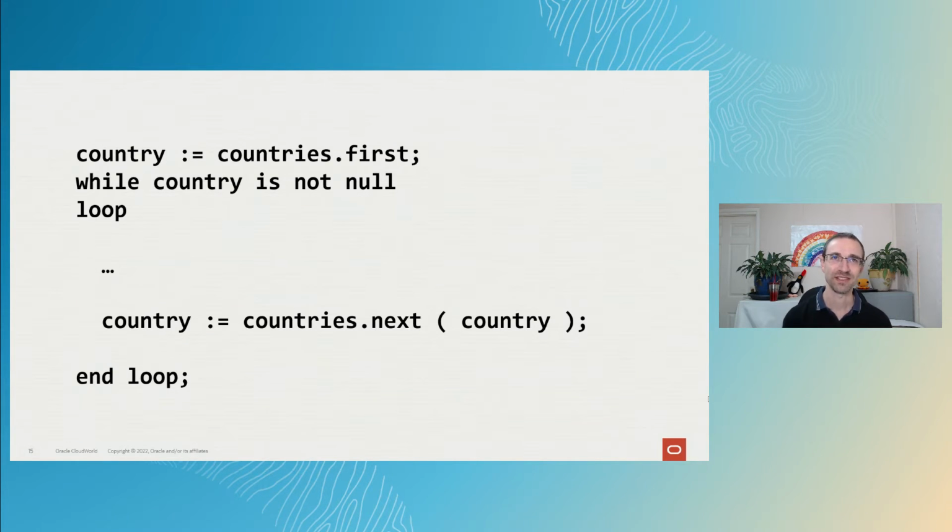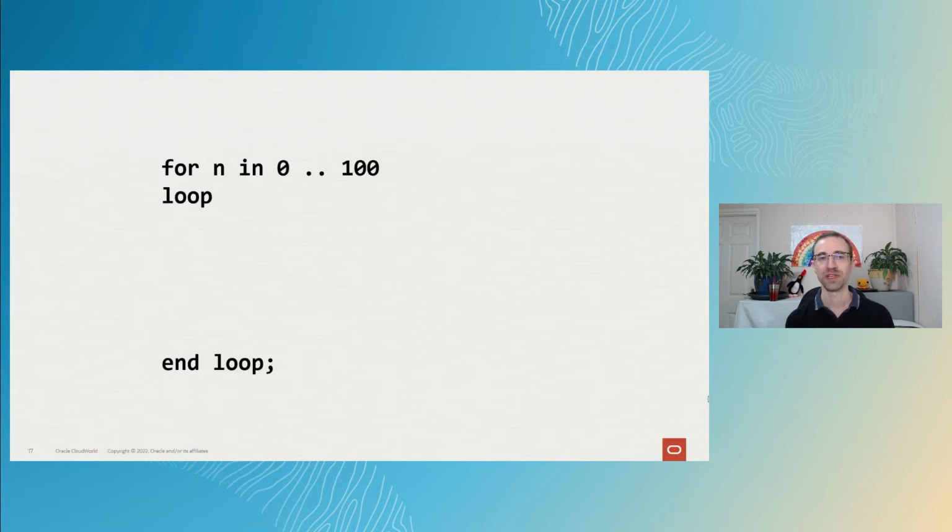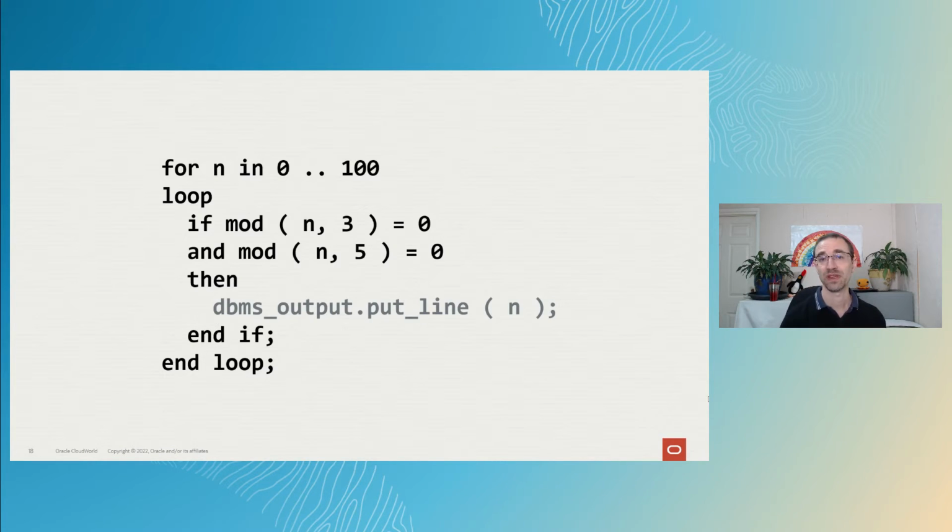Before we dive into that, let's take a diversion and imagine you're in an interview. It's quite common in interviews to be asked to solve some kind of basic programming challenge. For example, display the numbers between 0 and 100 that are multiples of 3 and 5, a common FizzBuzz type thing. So to do this in PL/SQL, we could have our for loop from 0 to 100, and then inside it test whether each value is a multiple of those values,